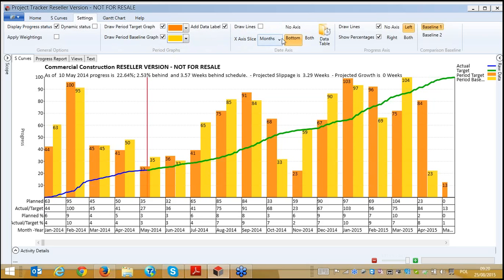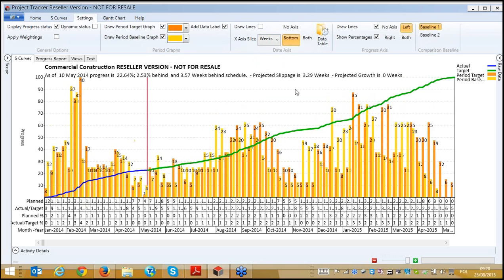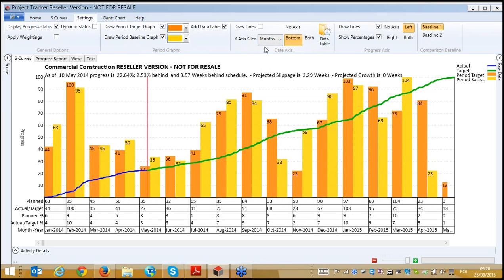If actually we open this according to the weeks, it is giving more information. For example, here we have a huge difference, and here, so it gives us a possibility to analyze how we can actually change in which points we can add more resources or change our scope. So going back to months,